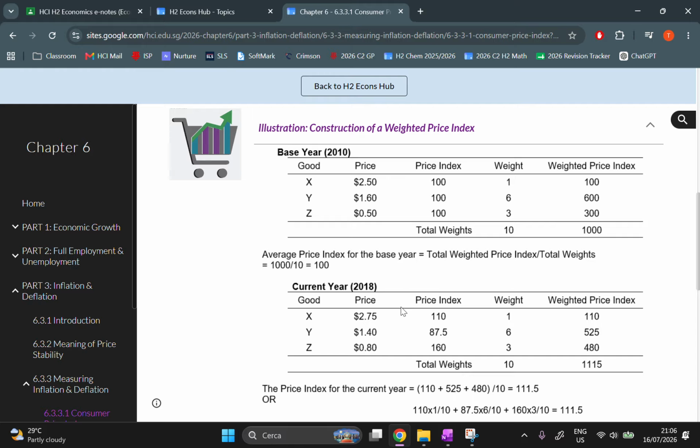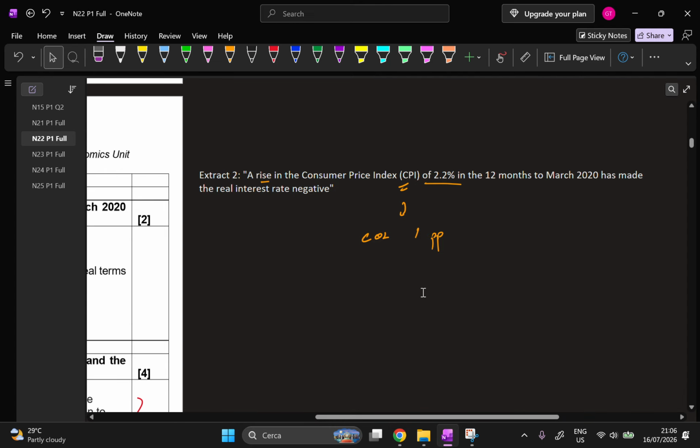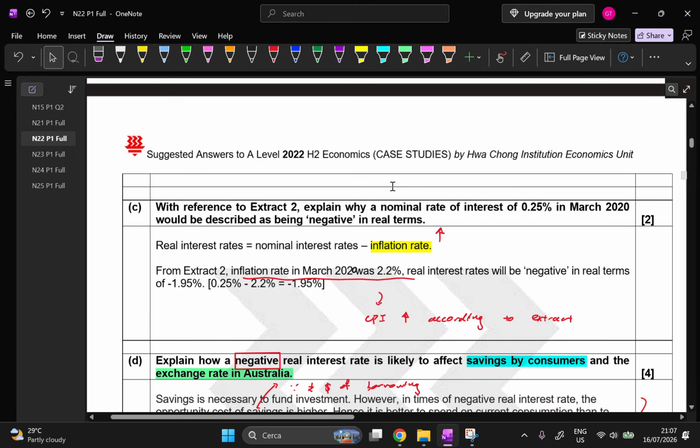Okay, but then because I pay more, my cost of living is higher to get the same good. Okay, and because my cost of living is higher, but I get the same quantity and the same quality of goods in this common basket of goods, the way I like to think about it is that the purchasing power of the currency has decreased. Not because the value of the currency itself changed. It's because the general price level, GPL, got changed. Understand? So we can relate this back to